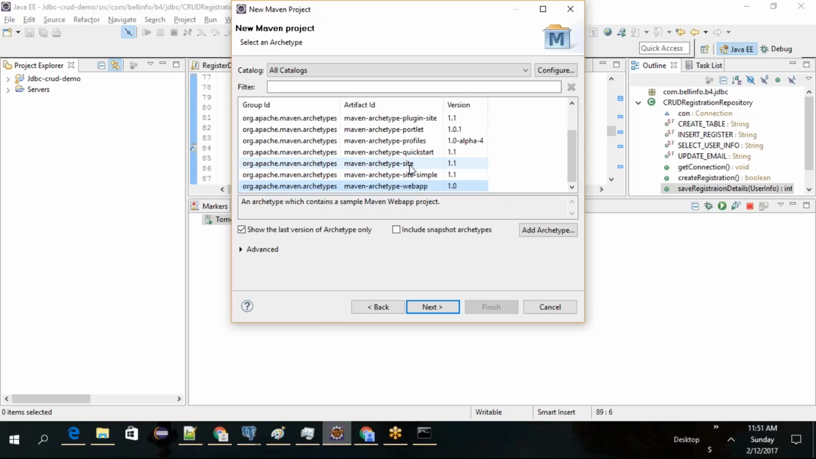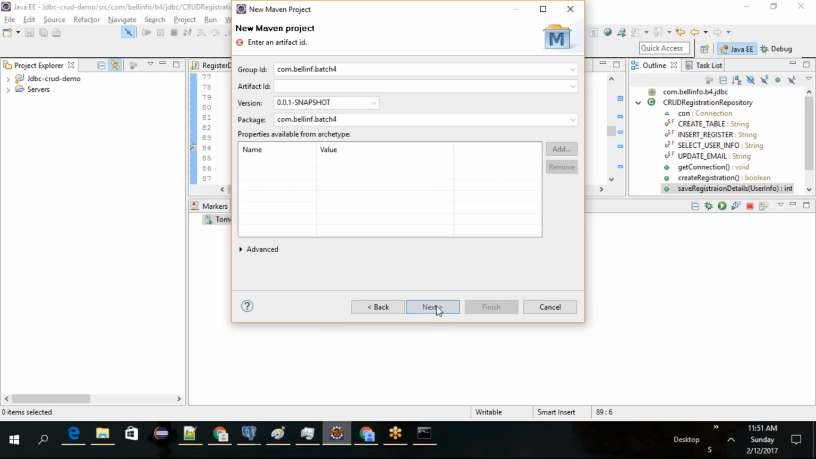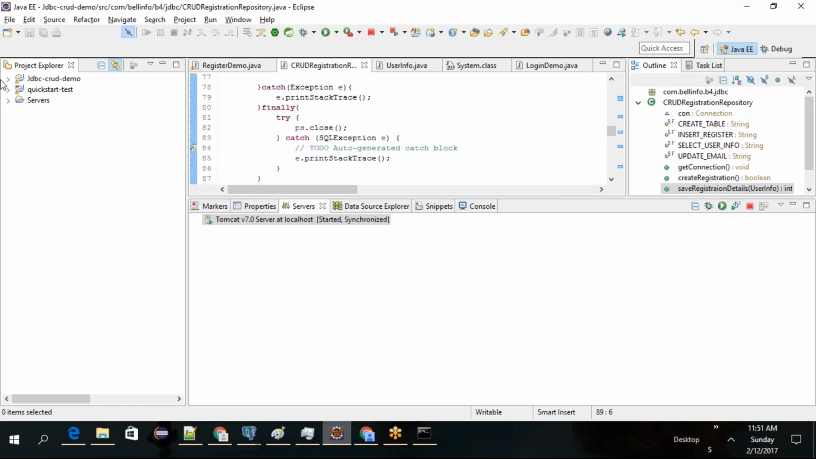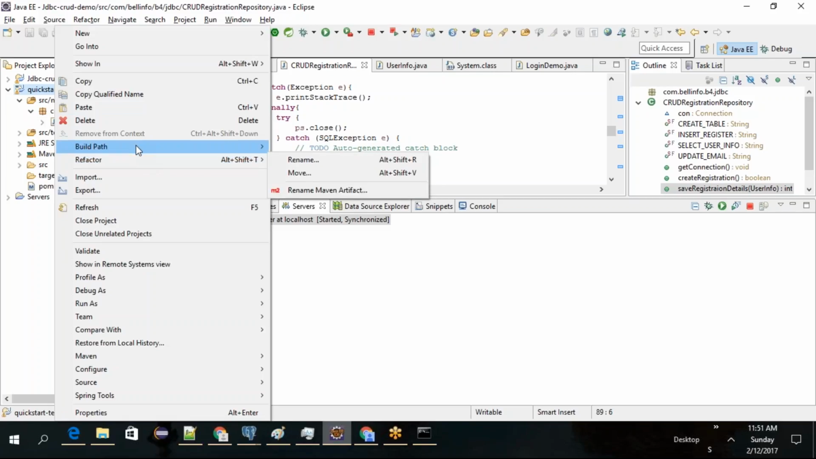Web app doesn't give a quick start, but the quick start will give it, right? I'm just choosing quick start. I'm saying okay. Quick start test. The script tested gives me Java. That's the reason I'm going with it. Okay. So now if I say